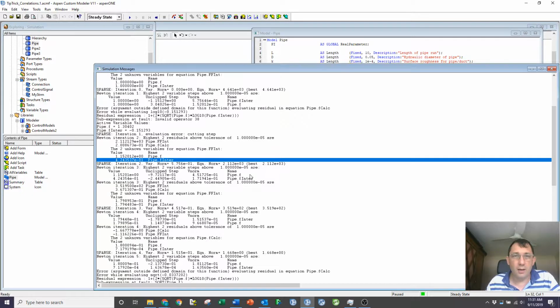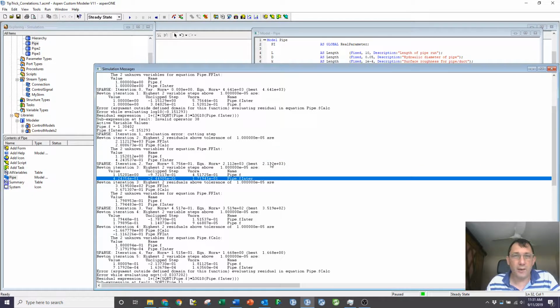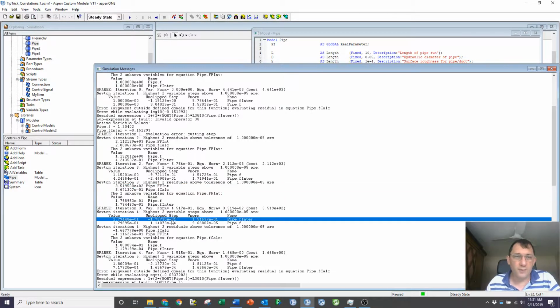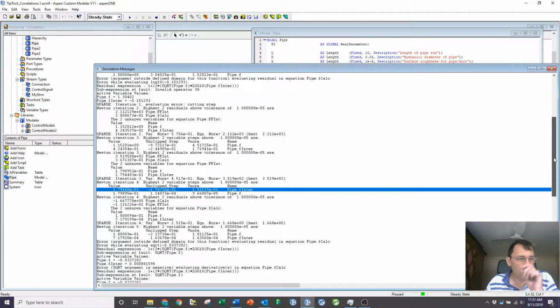And then when the next iteration, it starts off by telling me it's moving the value of f in the pipe from 1.15 down by 0.97 and so on. So you can see how it's moving the variables, which equations are causing grief, which variables are moving significantly. And this is often a good way to then debug and see what's going wrong.